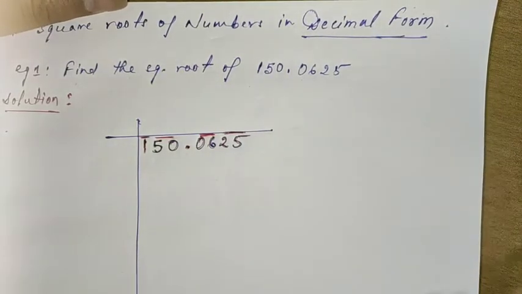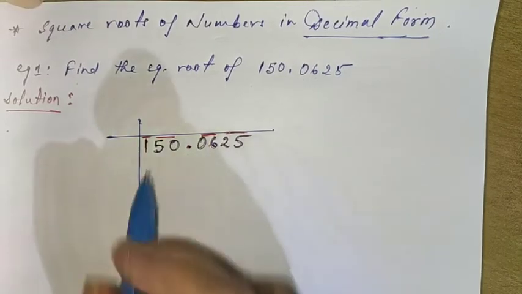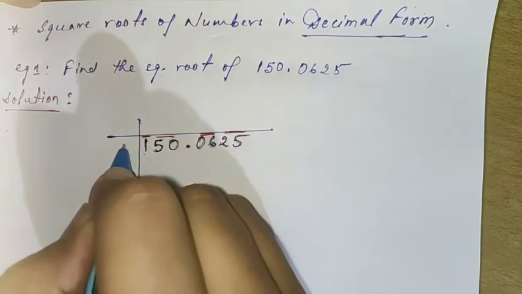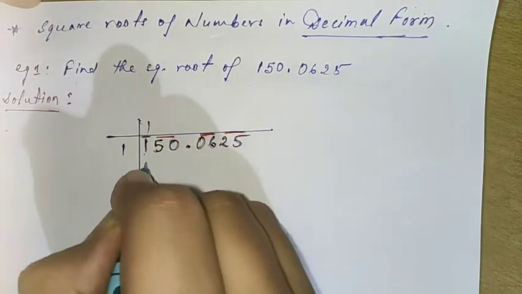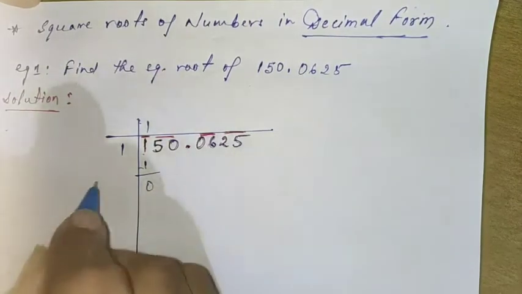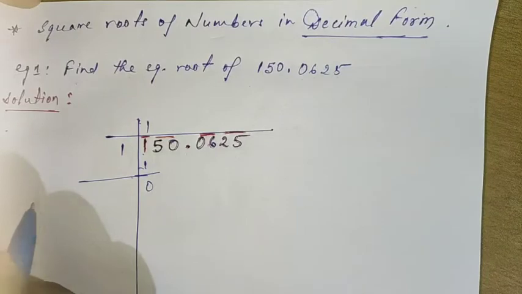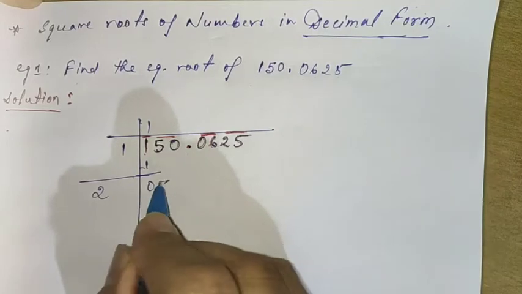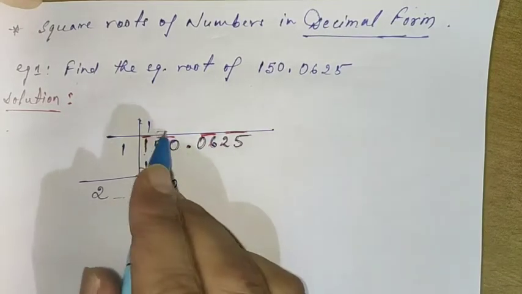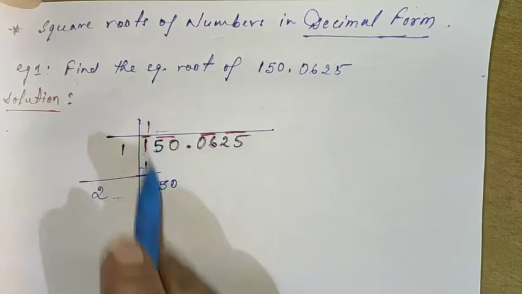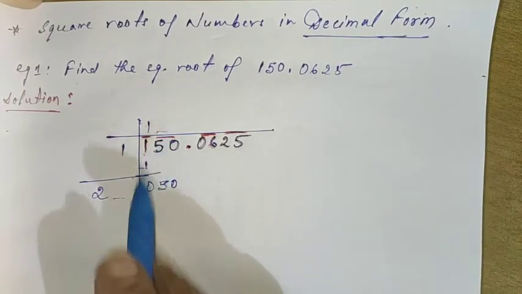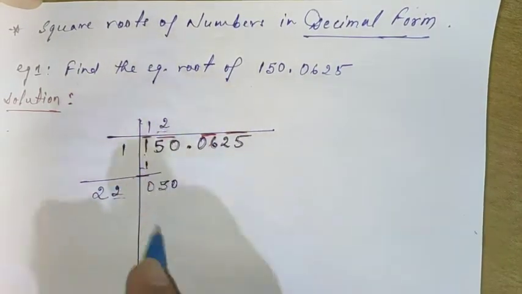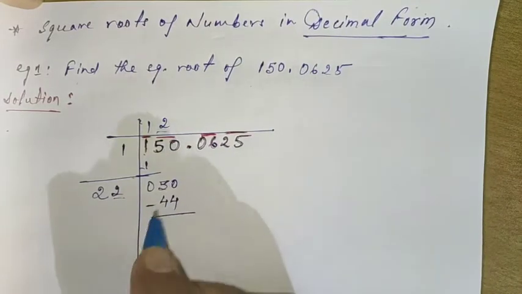Now let us start using our long division method. As you can see, the first digit is 1, no one with it, so it will go by 1. 1 will give you 1, remainder 0. Now I am not writing the hints over here. So double of 1 will give you 2. This 50 will come down. Now we have to use the same number here and over here. So let us try 21 ones will give you 21, and 22 twos will give you 44. So it is more nearer.